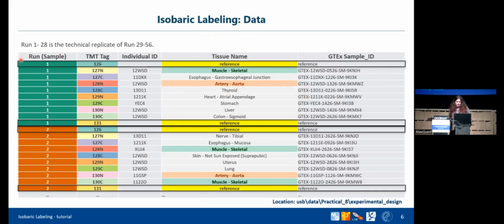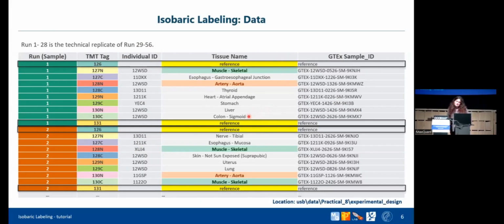there are different runs. Here I show, just for the resolution, the first one and the second one, but there are, as you see, from 1 to 56 runs. There are the TMT tags. As I said, it's 10-plex, so we have these 10 tags. And we can see that for each TMT channel, it tells us what that one is. So we have the reference, as I said before, the first one and the last one,